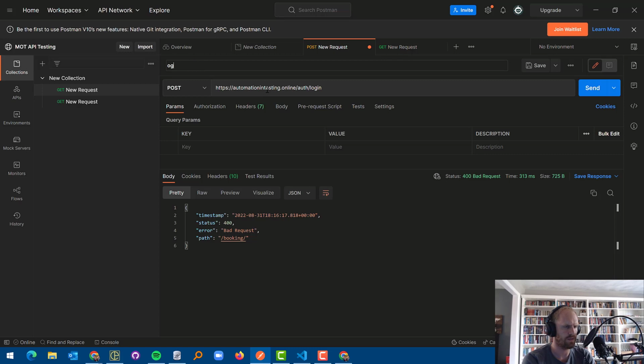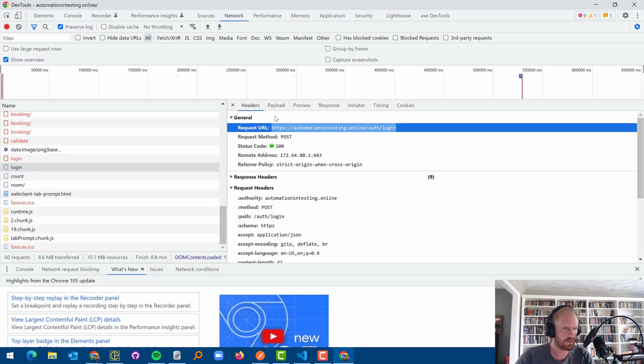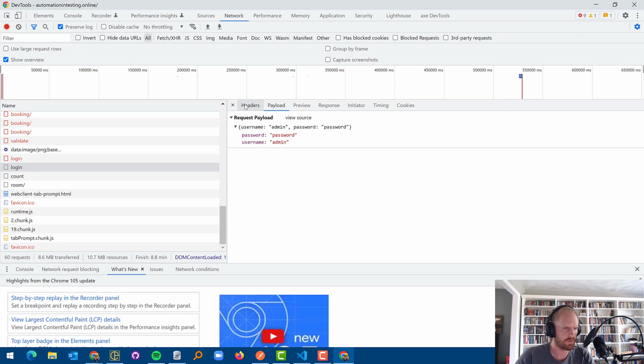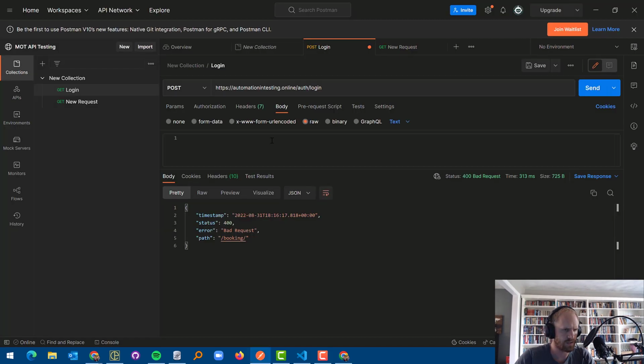Let's call it login. And it looks like the payload is, let's see, application JSON, so I can probably just do this as